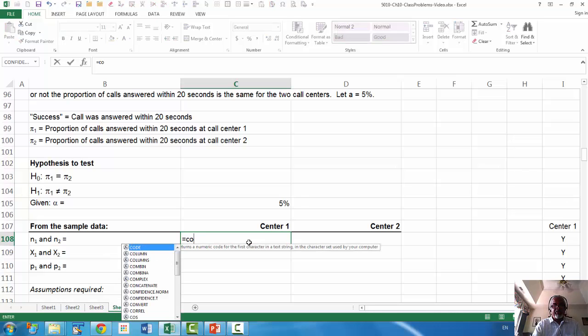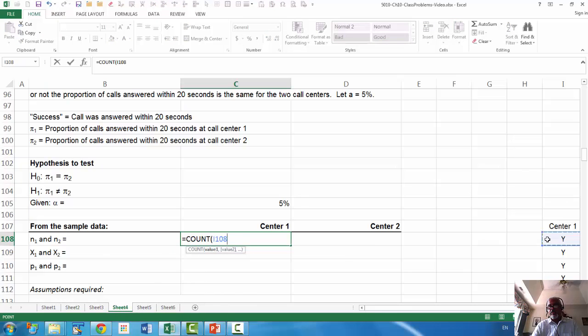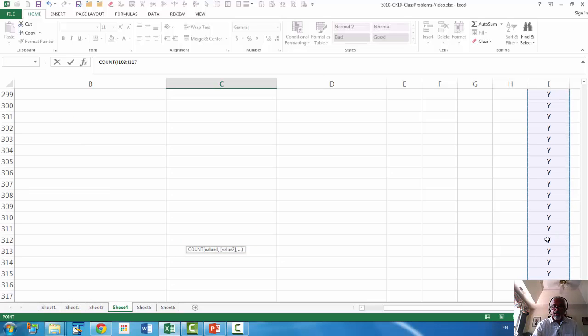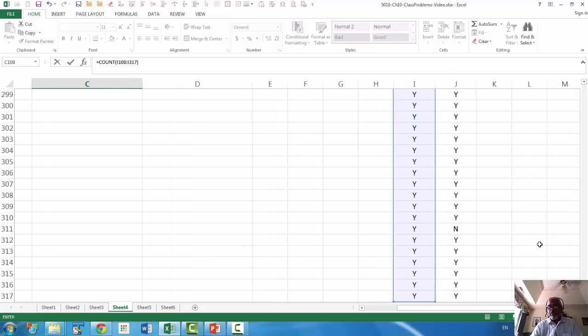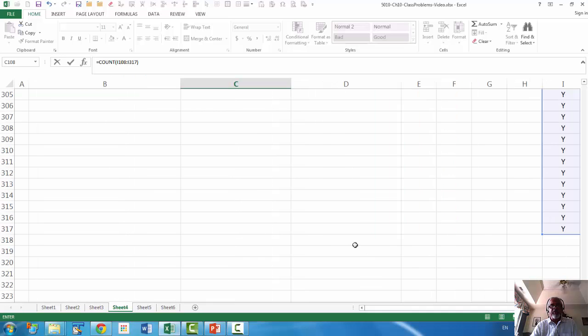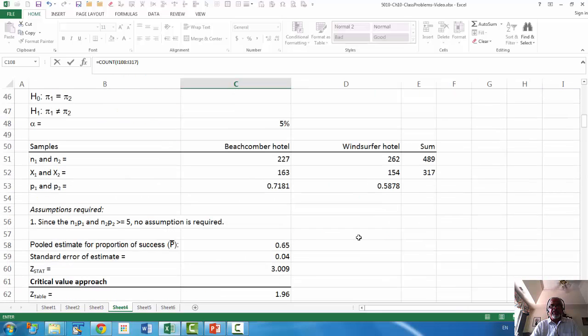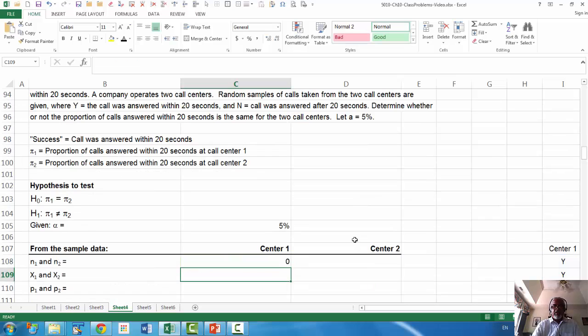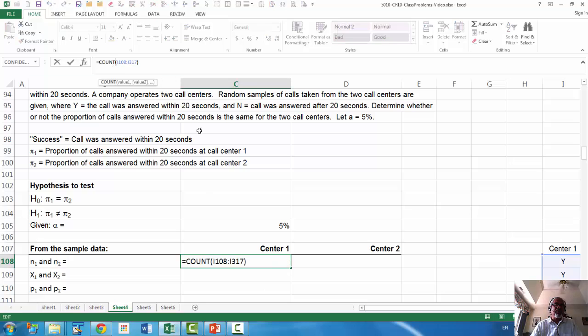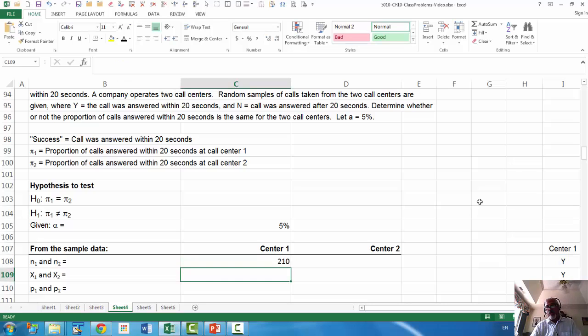So sample sizes, they are easy. You just say count call center 1, and notice that the two samples are of the same size, so which means I can just simply copy this formula over and I'll get the corresponding. And the reason why we have a 0 here is because count only counts numeric values, so you have to use count A to count non-numeric values. So you can copy this over for